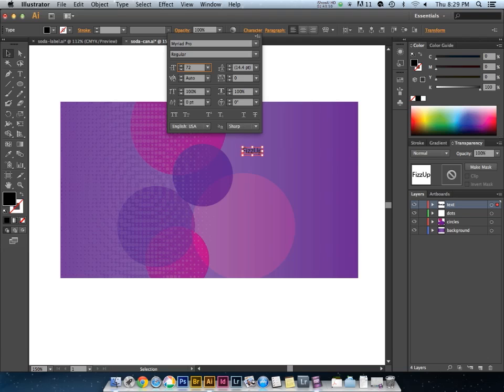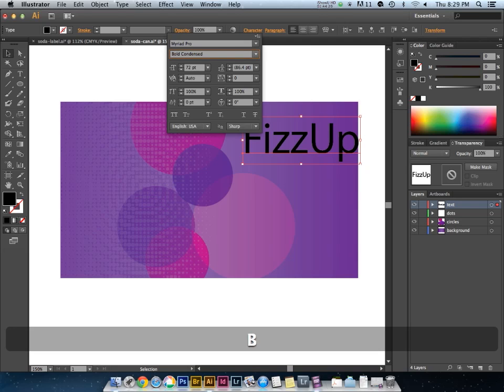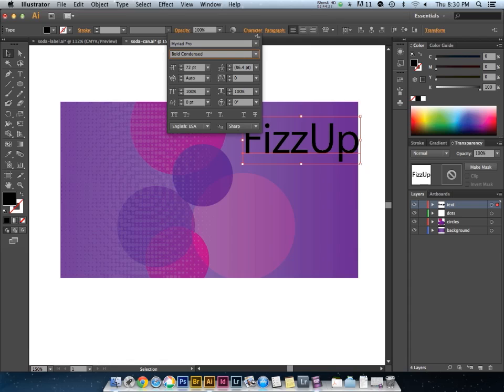And if I type in 72 and then hit the tab key, I notice it's getting close. And that's fine, I'll leave it at 72. But I am going to change the font weight to bold, and I can do that by simply typing. You notice that when I clicked inside, there's two ways. Of course, I can use the drop down and select it, but also you can select the text inside of the field. And if I simply start typing bold, when I hit the B command, you notice Illustrator immediately fills this in